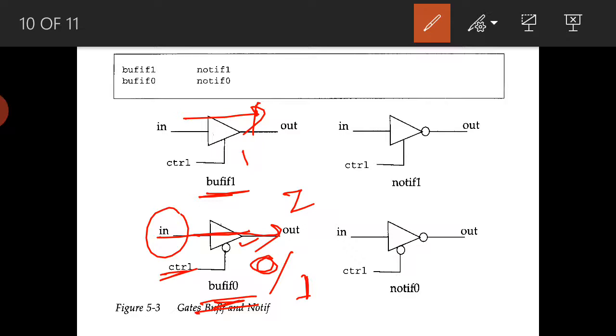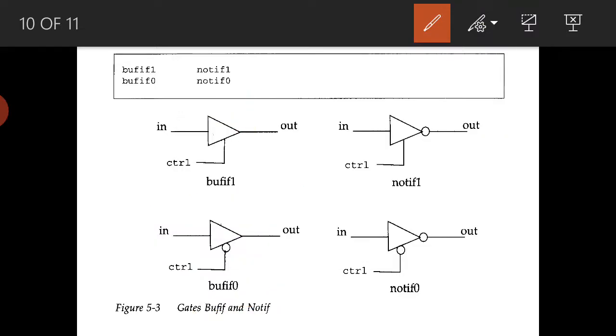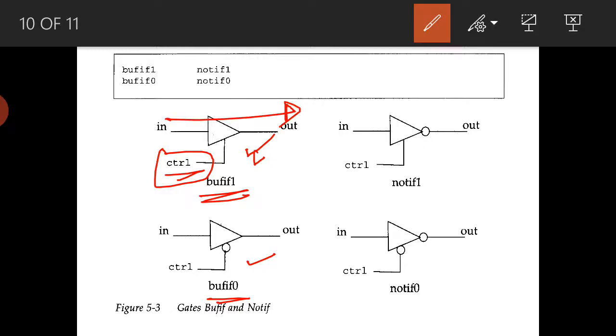It will not be assigned any value; we will see high impedance later. Here it works only if the control signal is 0, and there only if the control signal is 1. We are controlling the operation of the buffer using this signal.